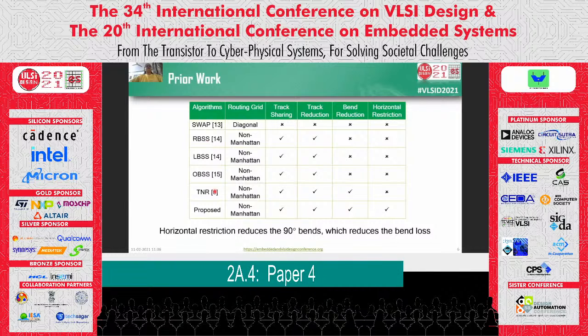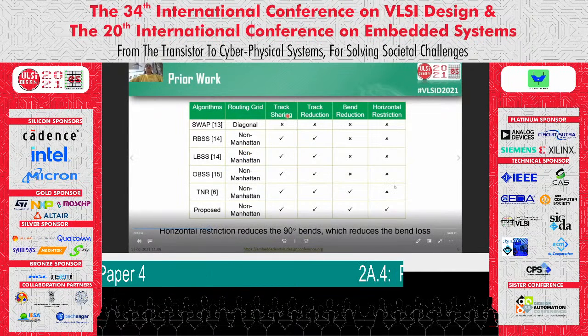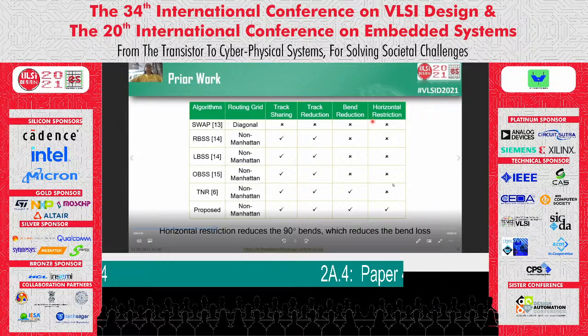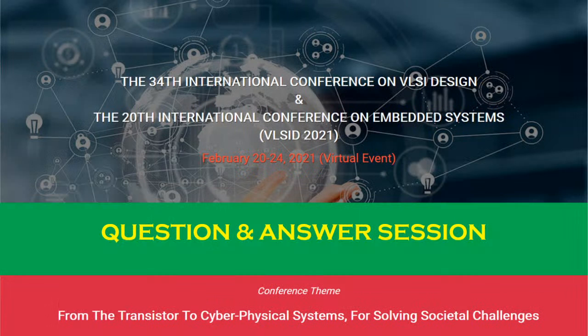These are the existing works in channel routing that follow a diagonal or non-Manhattan routing grid. And these are the channel routing parameters where track sharing and track reduction reduce the total channel area, and bend reduction helps to reduce the total bend loss, and the horizontal restriction helps in elimination of smaller bend angles, which eventually